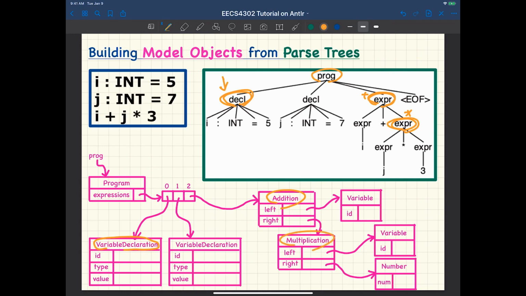Okay, so now in order to use the visitor pattern, it will be very convenient if for every model expression type you actually have a corresponding visit method. For example, we should have one method called visit declaration, another called visit program, and another called visit expression, or it could be visit addition, depending on how you define your visitor. There's also another one called visit